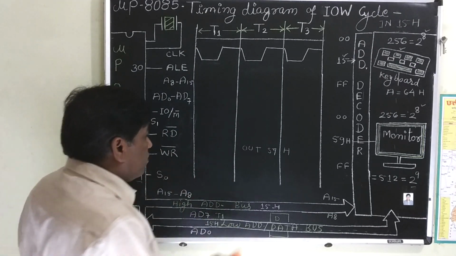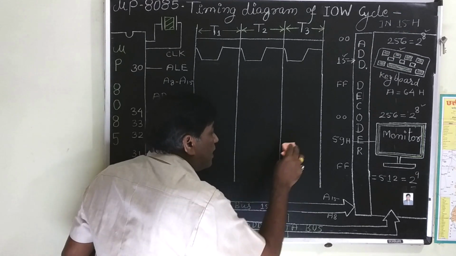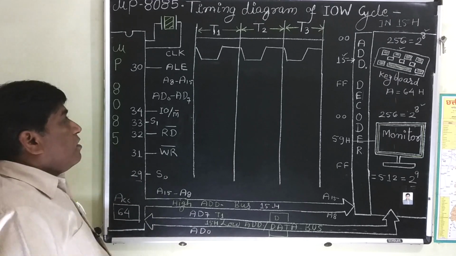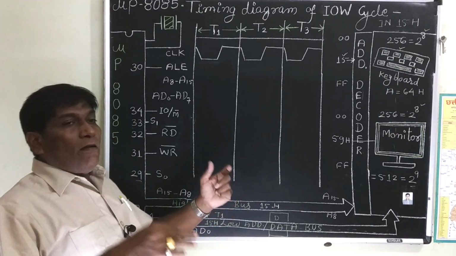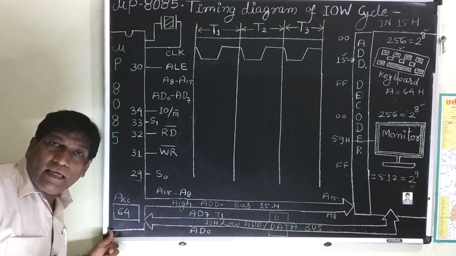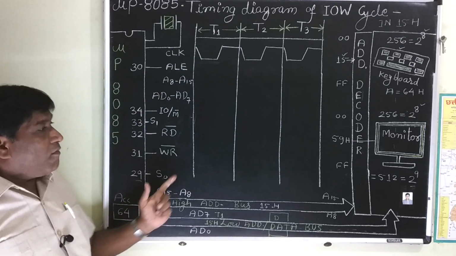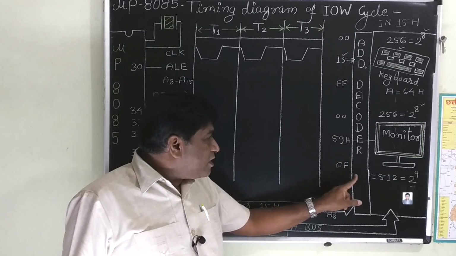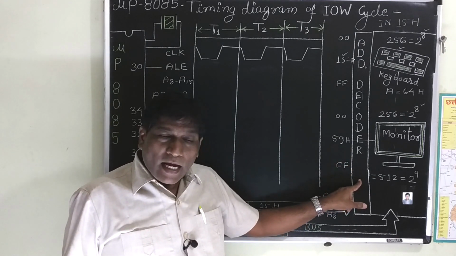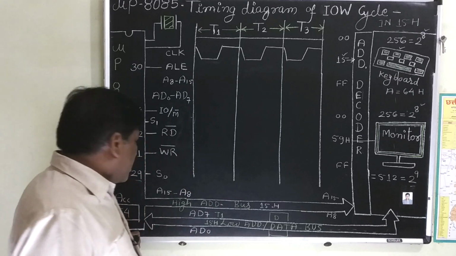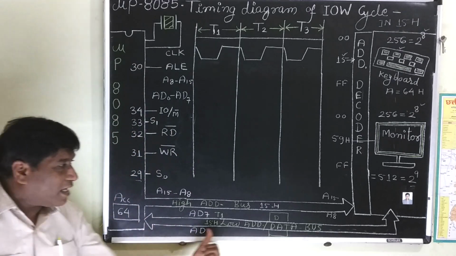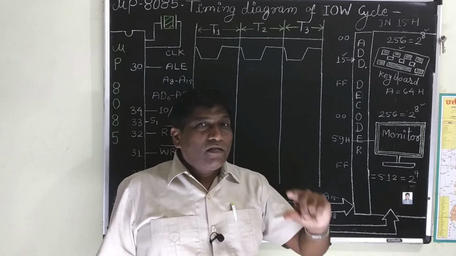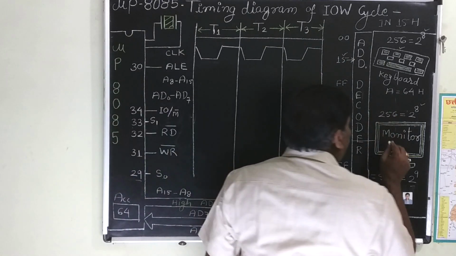And for IO, the addressing is different. Addressing is different means it is an 8-bit address. Now we will understand. We are having data in the accumulator as 64H. Our output monitor address is 59H, which can be decoded by the address decoder. And this data 64H from the accumulator via the data bus must be transferred to the monitor. And at the monitor we will see A, which is equivalent of this.